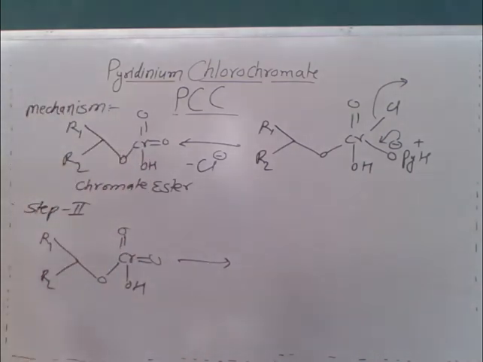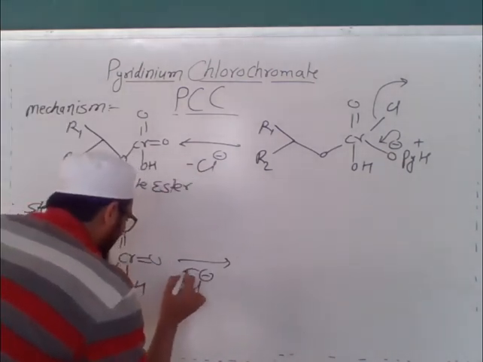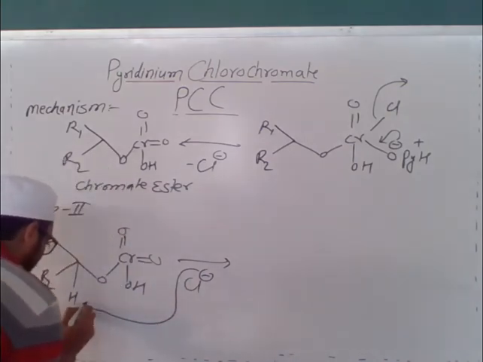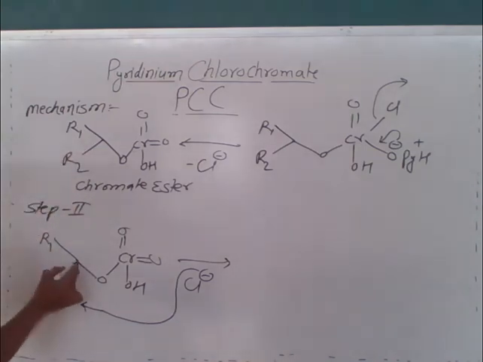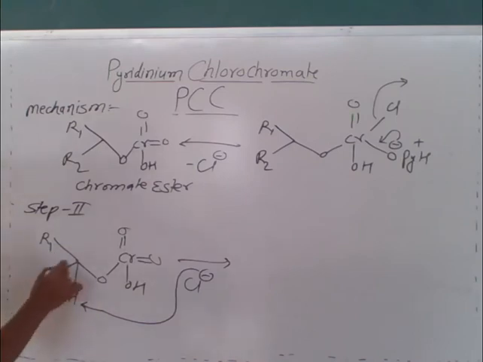Now in our reaction mixture we have this free chloride ion. What will it do? This free chloride ion will abstract one hydrogen from this, because it has one hydrogen. This alpha hydrogen will get abstracted by the chloride ion, and this carbon hydrogen bond electron will shift towards the carbon